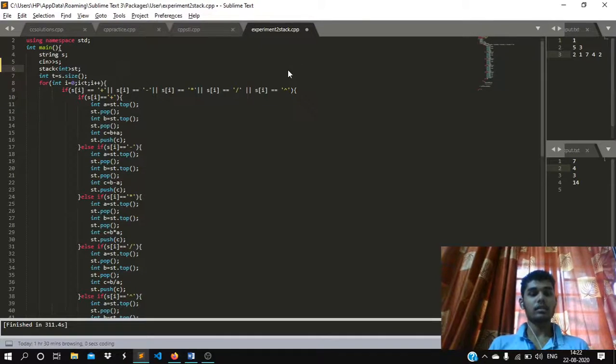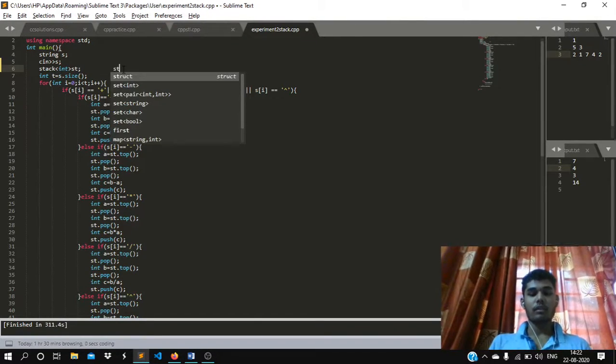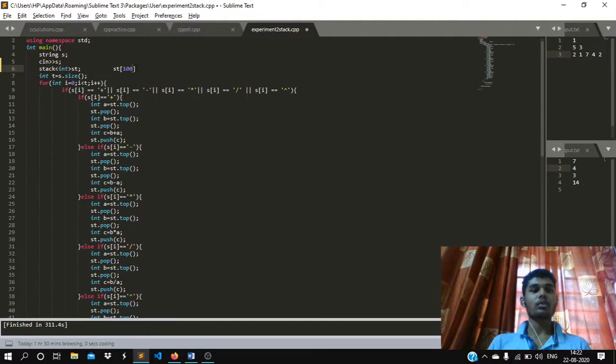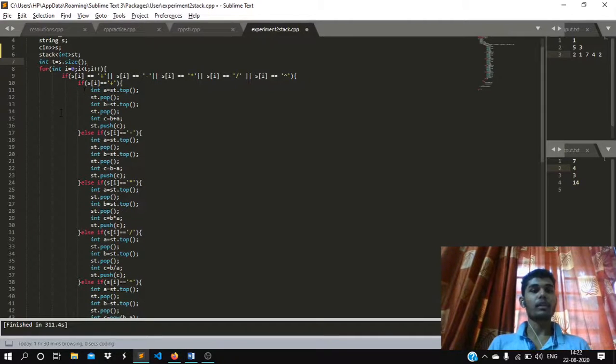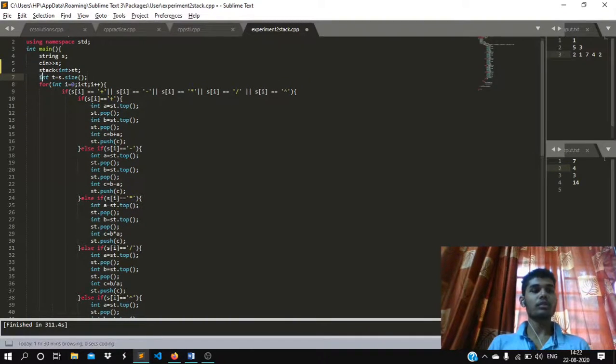And since stack is dynamic, you can push. In an array, what happens is we define a certain size, and we move the pointer ahead when we perform pop operations, so that will cause memory leakage. So in this STL we have the stack inbuilt, so we don't have to worry about the size and the memory leakage and all. Now what we do is we assign t to the array size,